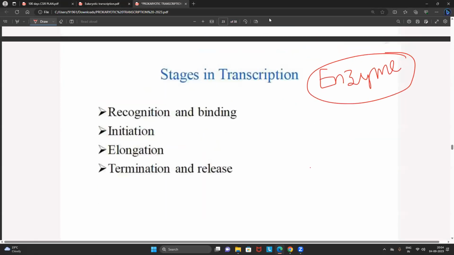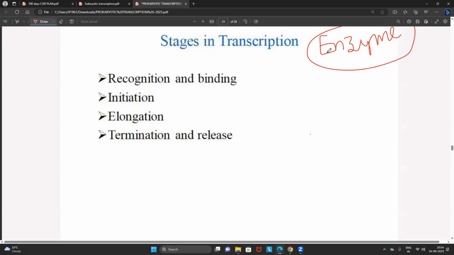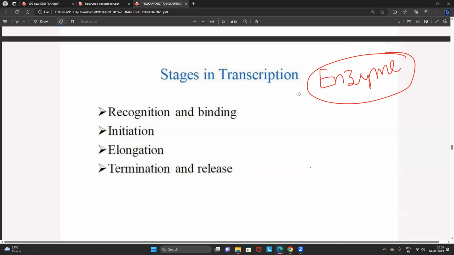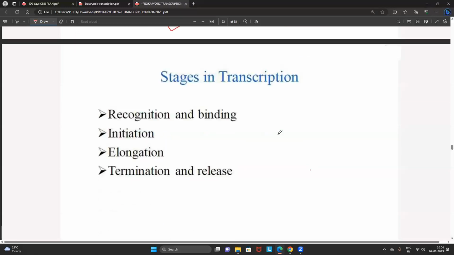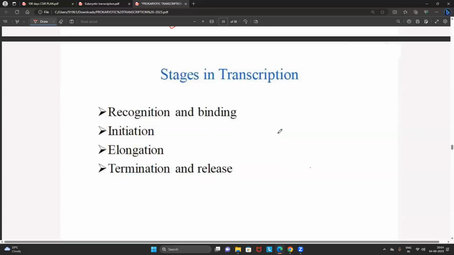So now, friends, what are the various stages in transcription? Now you tell me. I don't tell you anything. I want every student to answer. If all the students quickly recall, in the last class we discussed it till here. Now, friends, we are going to start the exact and original process: the process of initiation, the process of elongation, the process of termination. Now you answer my question.